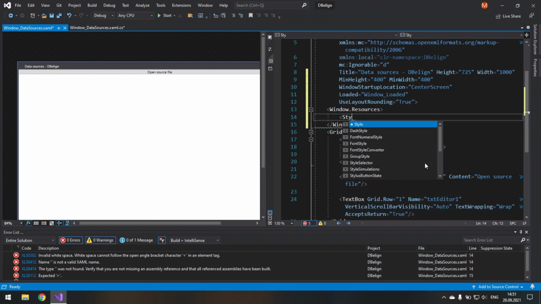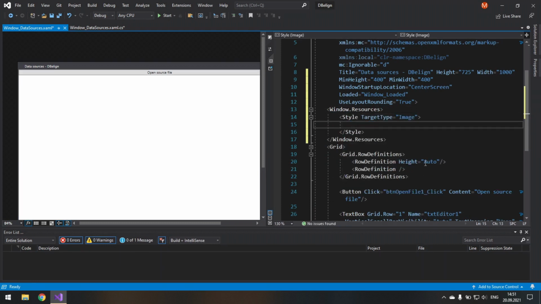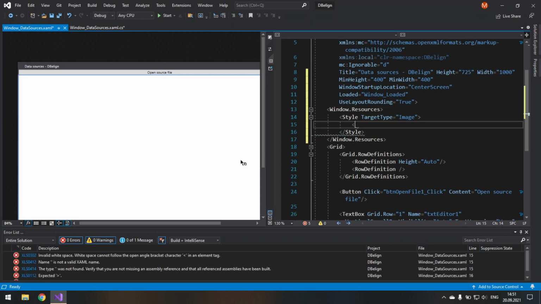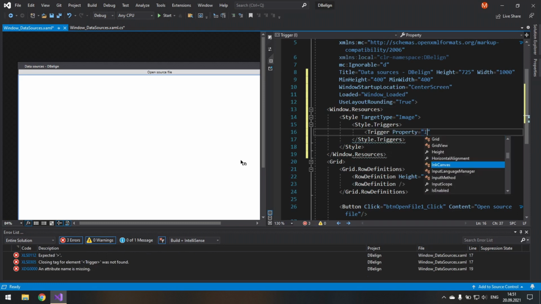So first of all we will style all images, so target type image. Mainly I just want to make it so that when they are disabled, their opacity should decrease. I will need to access style triggers for that. So style triggers, and here trigger property is enabled. So we check the property is enabled, whether its value is false.